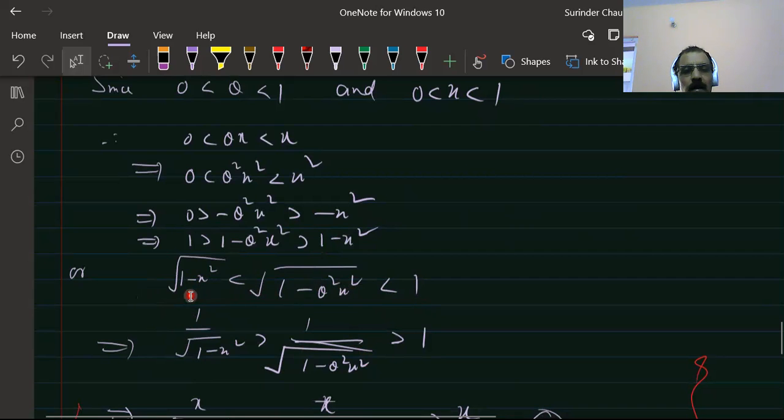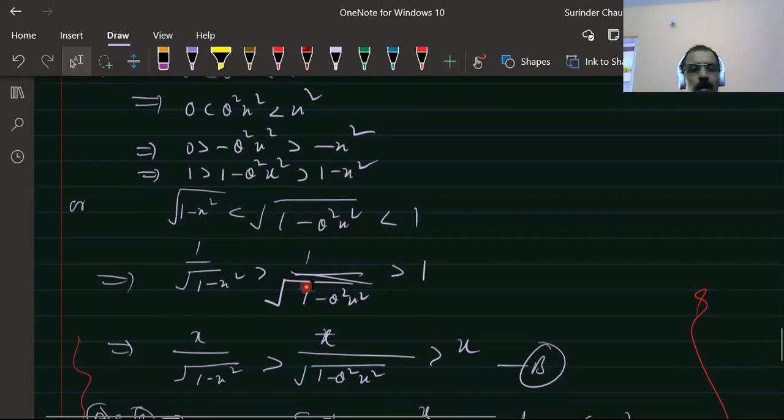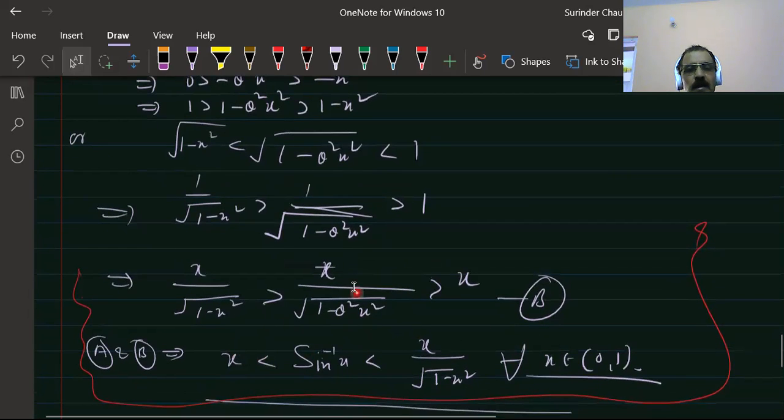Now these are positive numbers, so if you take the reciprocal, the inequality reverses. So 1 upon root of 1 minus x square is greater than 1 upon root of 1 minus theta square x square, which is greater than 1. Multiply the inequality by x, where x is greater than 0, the inequality remains the same. So this implies, substituting the value of x upon this and this,